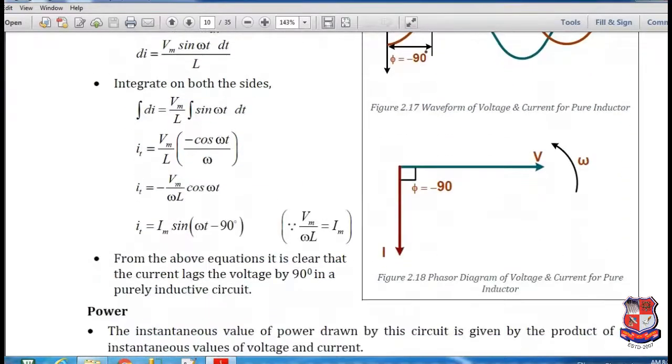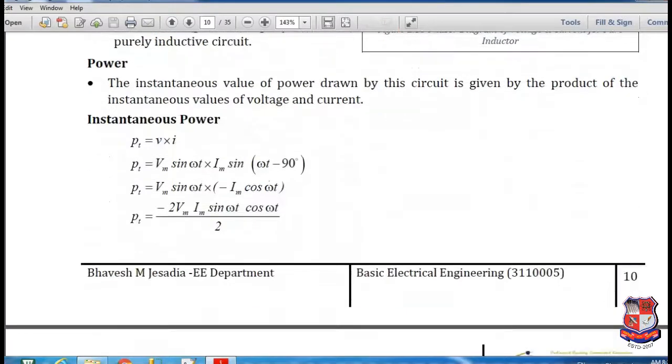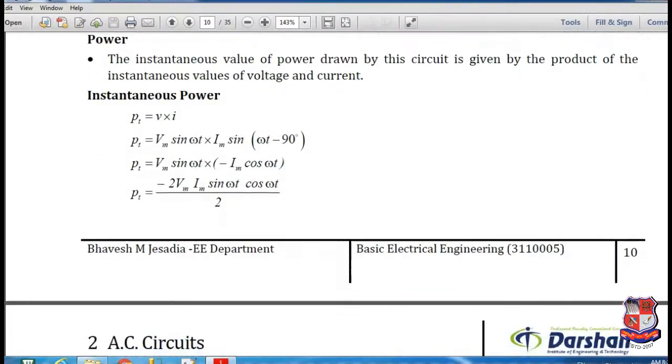Now we are going for the phasor diagram. So that's your reference line. Firstly, the voltage equation has a phase angle equal to 0, whereas the current equation has an angle equal to minus 90 degrees. Based on that, it should be indicated over here, which shows that the current is lagging the voltage by 90 degrees.